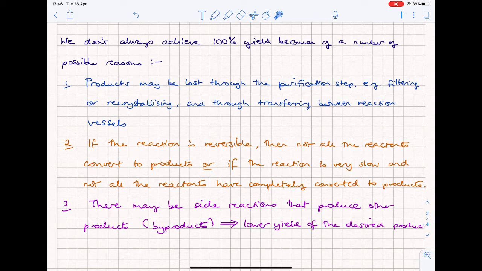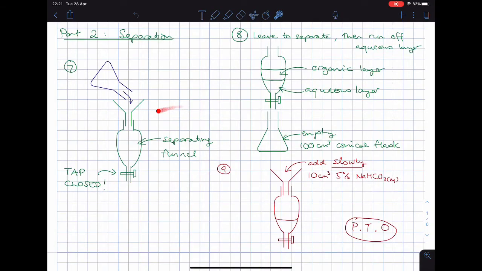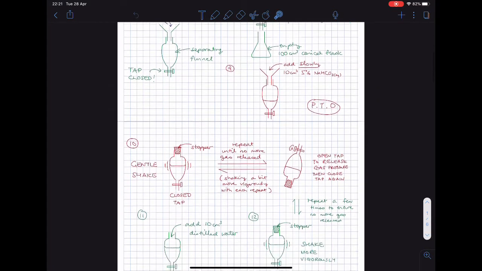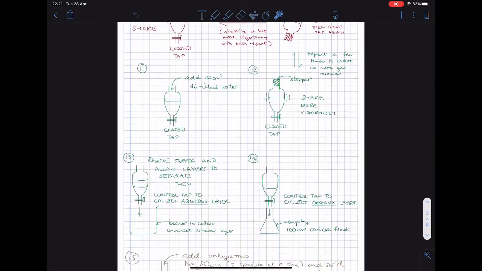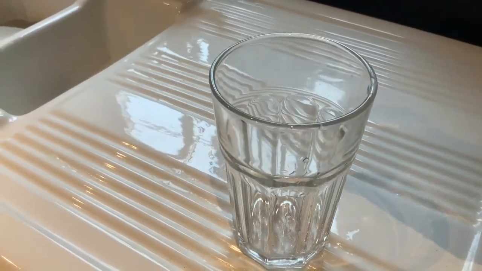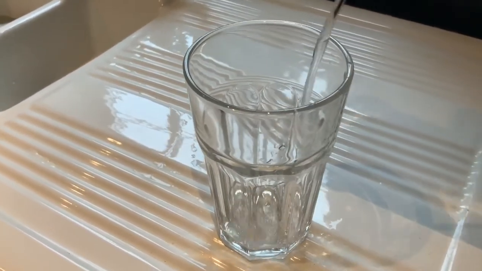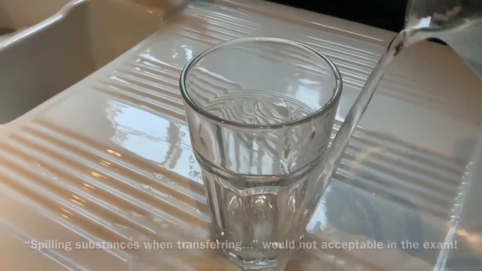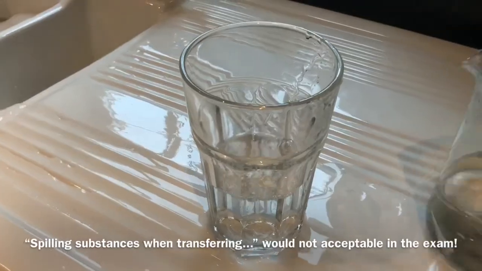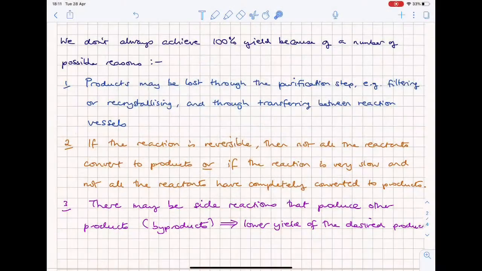vessel to another. So if you're using a separating funnel and you separate out your desired product, you may leave some of the desired product in the separating funnel, or you may leave some in the beaker from pouring into the separating funnel. So you can leave things behind in transferring between reaction vessels like beakers and conical flasks and so on. Another reason for a reaction not having 100% yield would be the fact that the reaction is reversible,